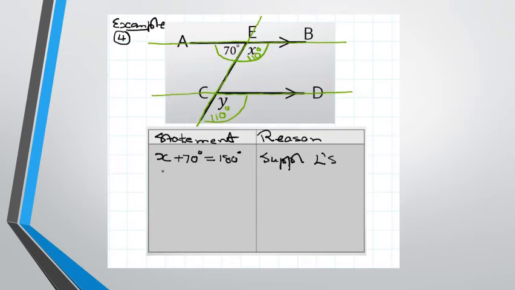Therefore, x must be 180 degrees minus the 70 degrees. So therefore, x is going to leave me with the answer of